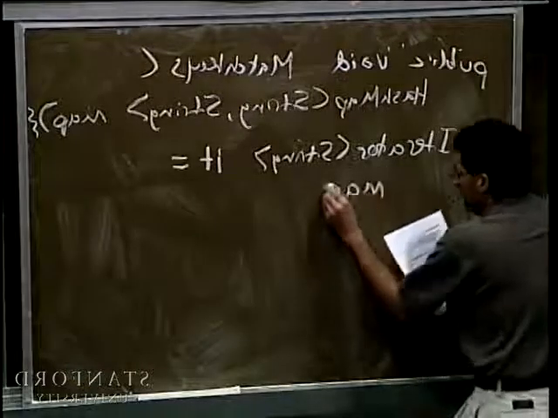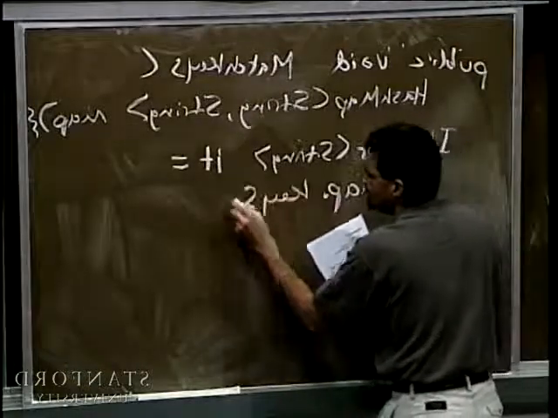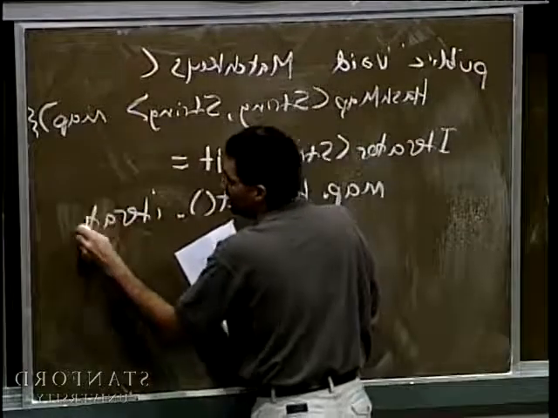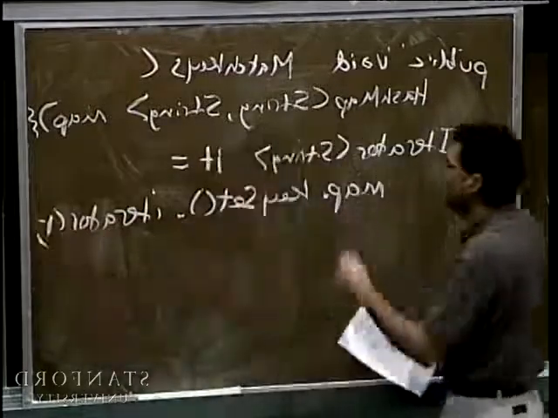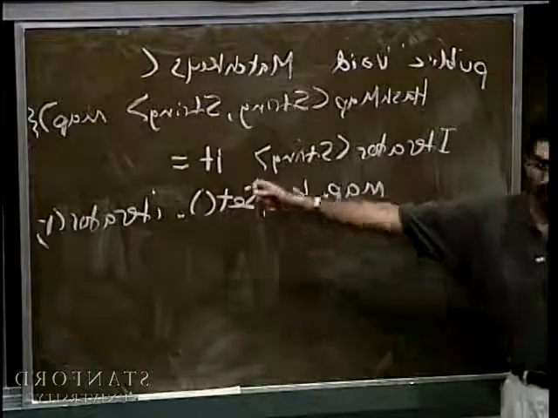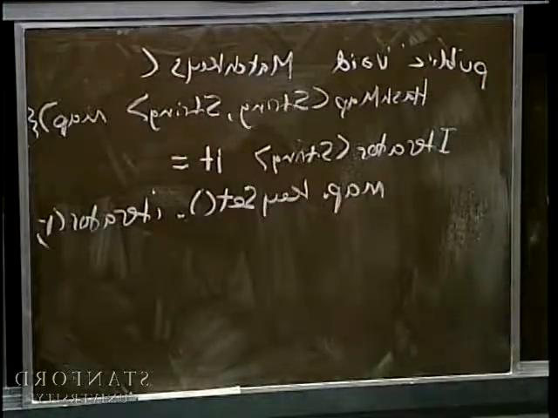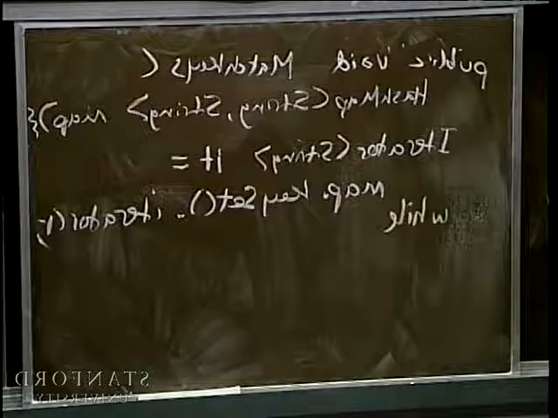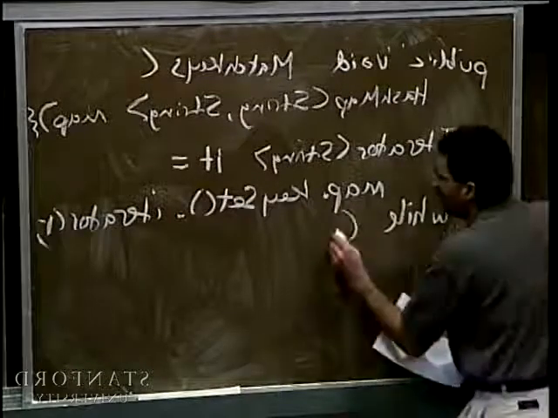So I need to say map dot key set. These are kind of good things to know in the back of your head. Iterator, we sort of string these all together. And so what I now get is an iterator of strings, which are all my keys in the hash map. And now at this point, it's just using my iterator, but in conjunction with some other functions, like while my